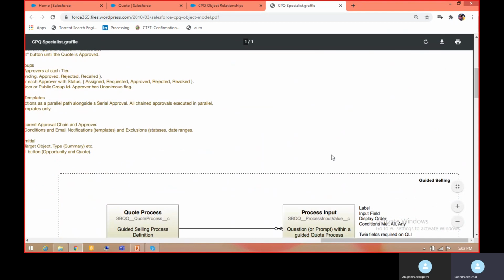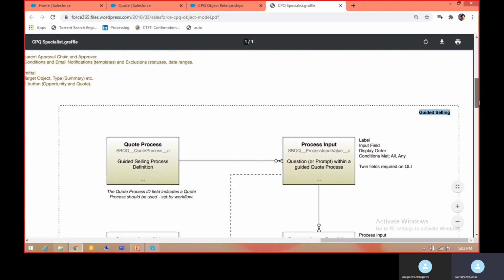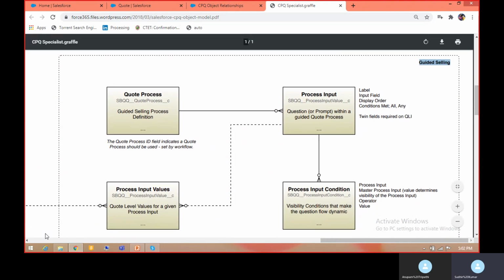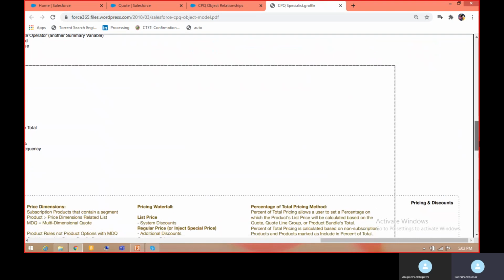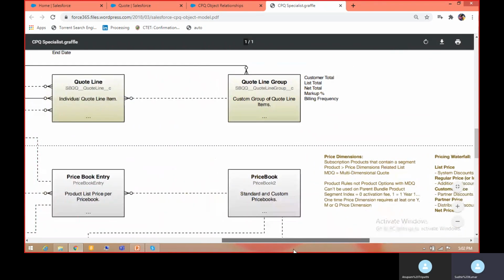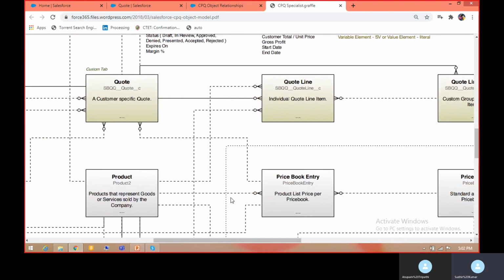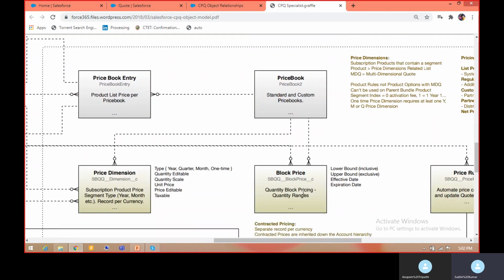Let me scroll down, like guided selling. The objects related to guided selling have been put under one box. Next, pricing and discount shows the different objects related to pricing and discount, like product, price book entry, price book, block price, and price dimension.